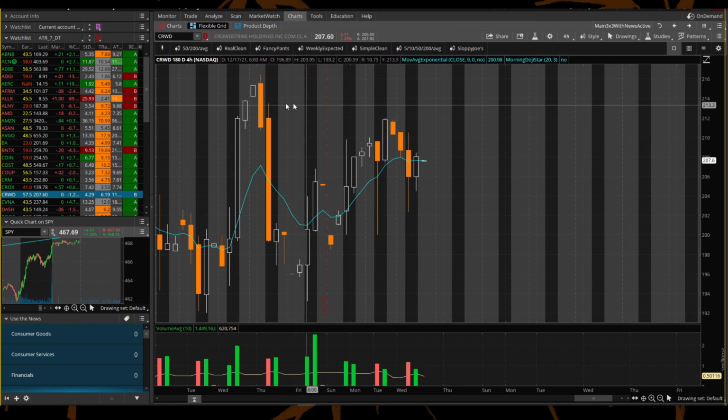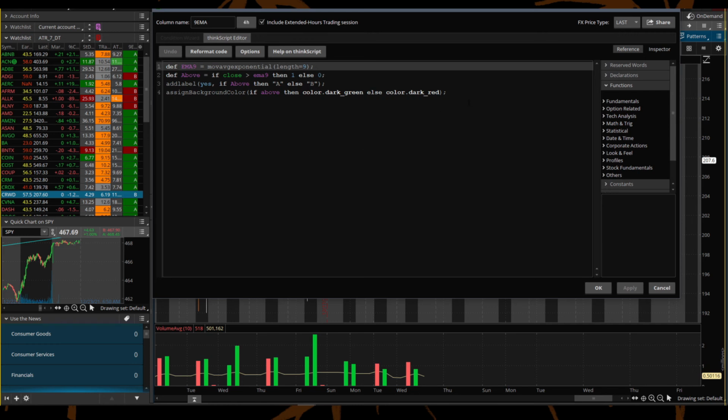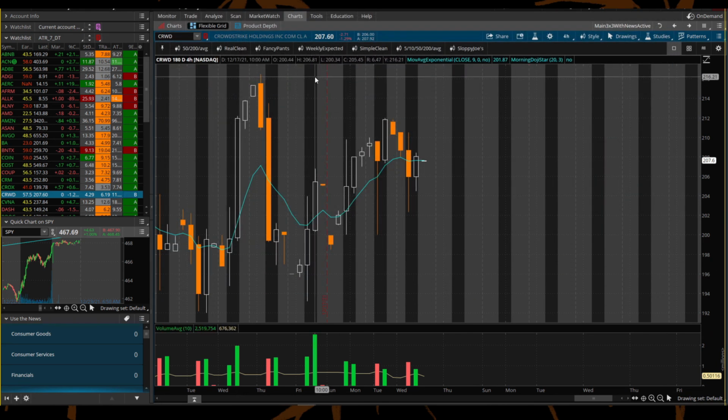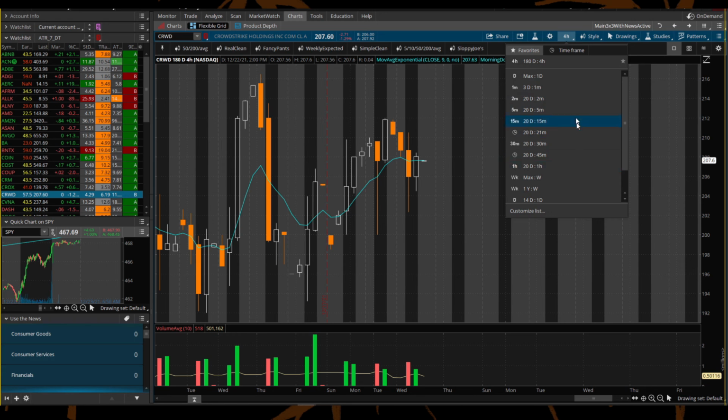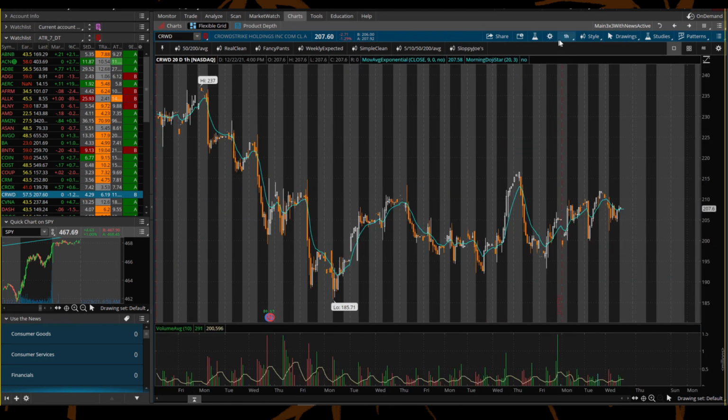So what we would do is just come right back over here to the top of the column with the 9 EMA. Go ahead and go back to edit formula. And all we need to do is grab this, Control C. And then all we're going to do is leave it alone. We drop down to the 1 hour time frame, because that's where we're going to go ahead and test the next set of script. And then we would come back over here to the little cog, click on this,